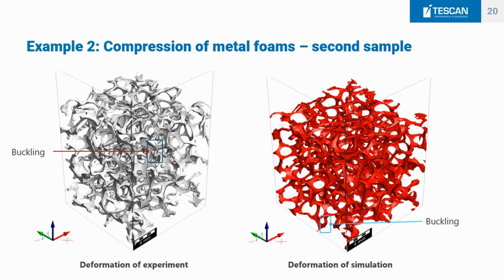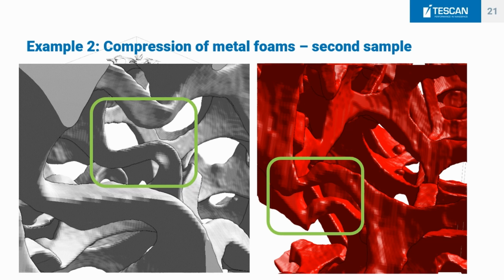We actually see the same happening in the modeling, in the numerical data. At first it was even believed that this was an artifact, but we could prove by the experiment that this is really happening with these structures. So even those things are captured by the model. Again, this is the same view. If we look in a little bit more detail, you see the buckling of the struts in a very similar way in the experiment on the left and in the numerically simulated data on the right.